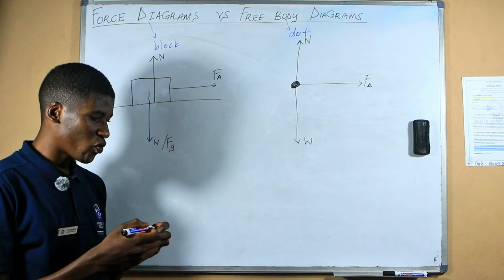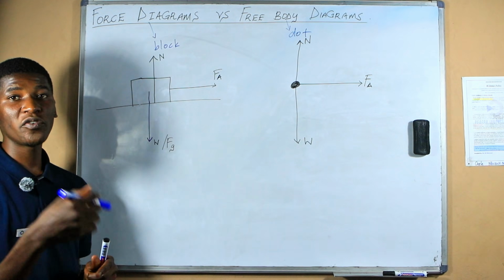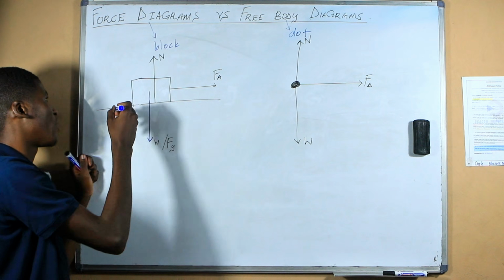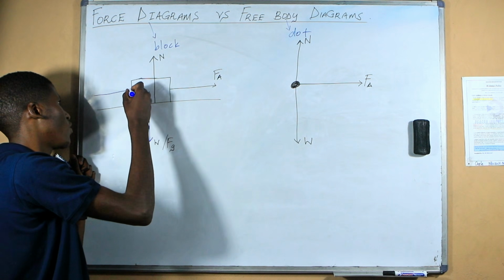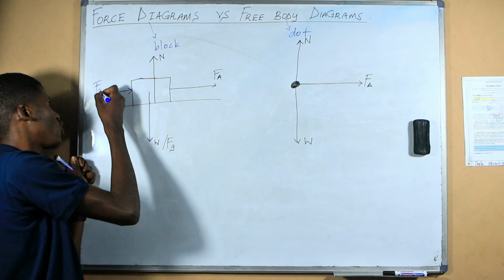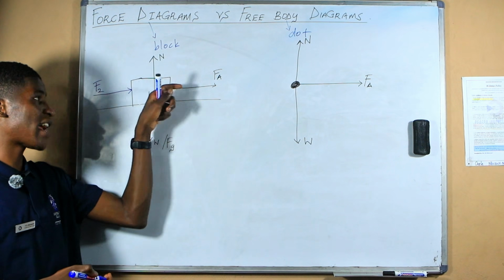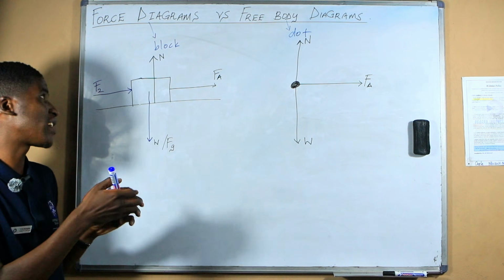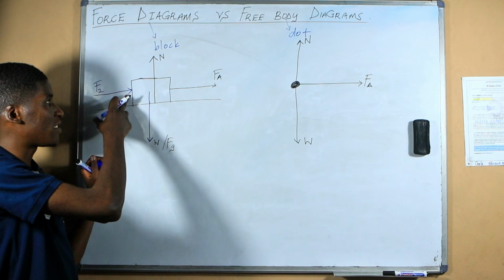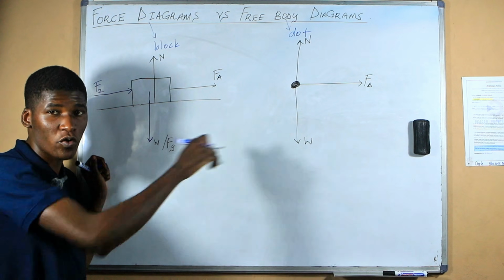And now if I want to add a pushing force, let me just say I want to push this object, I want to apply a force that is pushing the object. So let me just say that this is force 2. This force, labeled as F2, is being applied on the object, and it's a pushing force because you can see that the head of the arrow of this vector is exactly on the object. It means that I'm pushing the object.